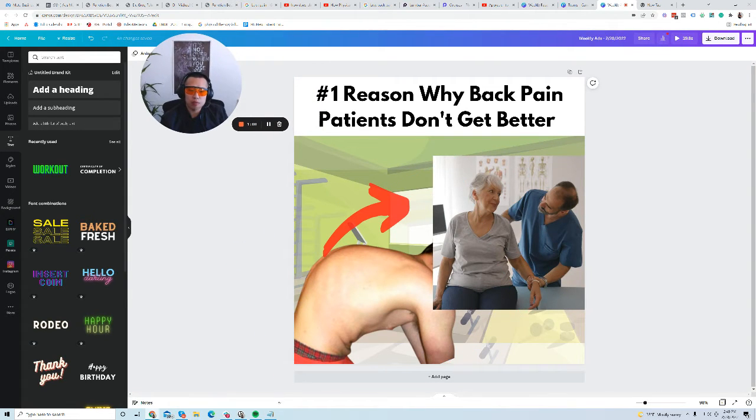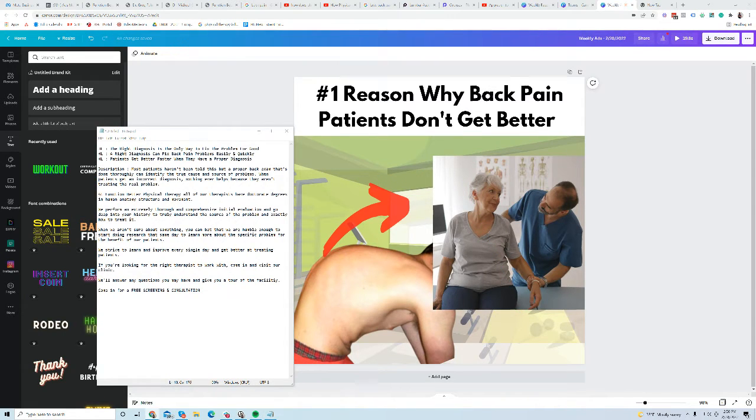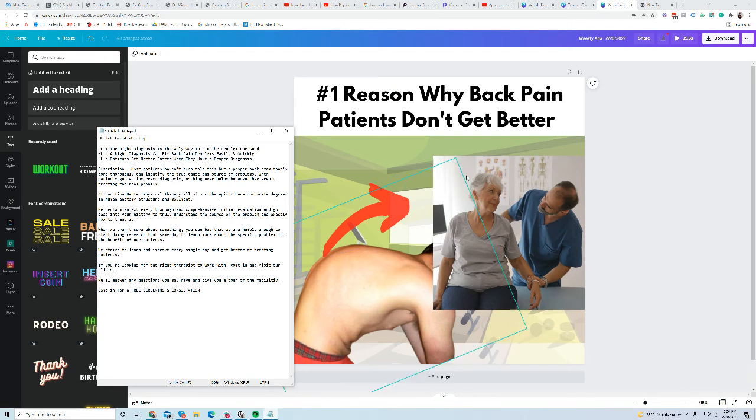And in this ad, you can see there's a person with kyphosis that we are using to try and attract people to click on the ad. When you do this, you want to make sure that your ad stands out. And that's why we're using this picture of someone with kyphosis. It doesn't necessarily mean that we're targeting people with kyphosis, but we are essentially just using it to grab someone's